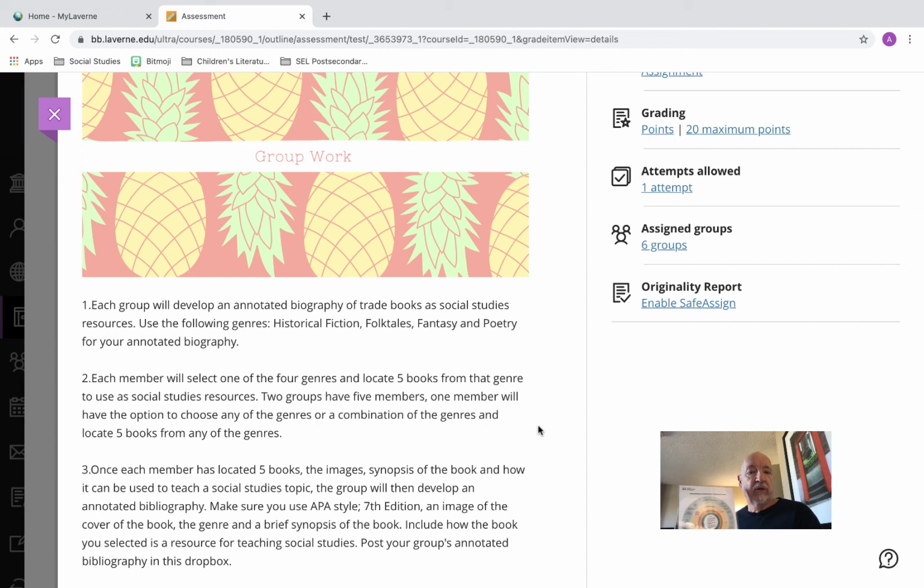And sometimes it may not be as easy as just typing in fantasy for social studies. You may have to take a look at some fantasy books and see how you would use those in a social studies classroom, and then you can post those as the books you're considering using in a social studies classroom as part of your annotated bibliography. So you're going to develop an annotated bibliography, using